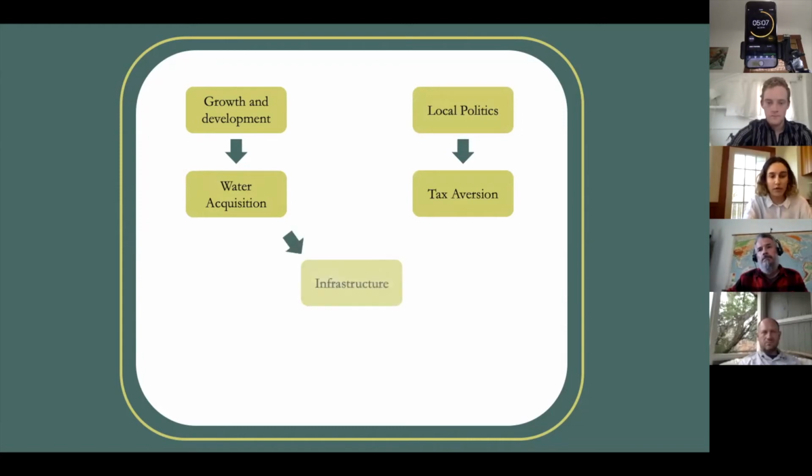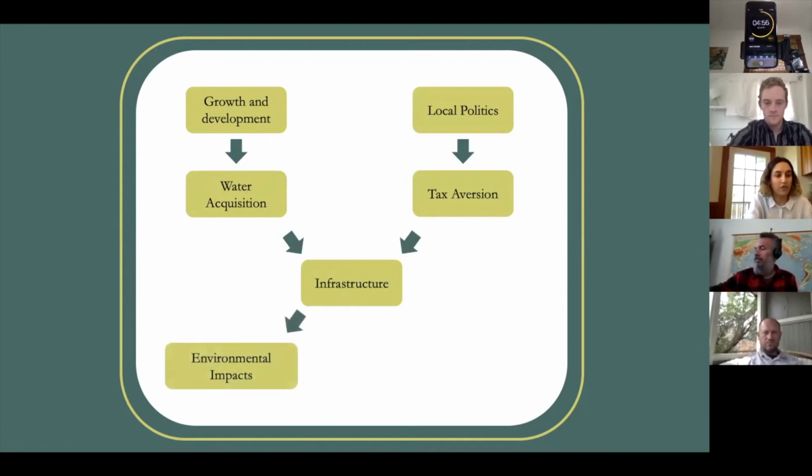So then the increase in development and water input puts strain on existing infrastructure, and the city is unable to maintain that infrastructure because of the tax-averse community. This lack of proper infrastructure and funding degrades the creek and waterways, both increasing quantity and decreasing quality of water leaving the city downstream. And regional tensions escalate as Colorado Springs asserts its power in the region as an upstream